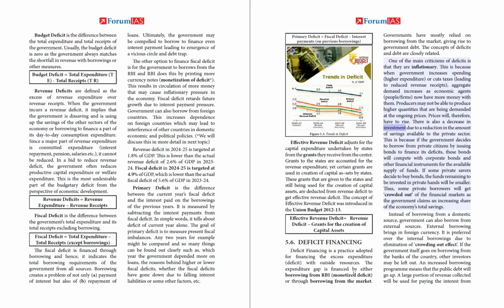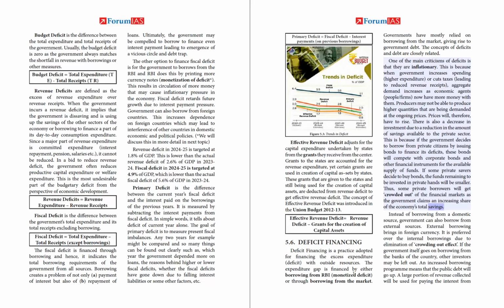There is also a decrease in investment due to a reduction in the amount of savings available to the private sector. This is because if the government decides to borrow from private citizens by issuing bonds to finance its deficits, these bonds will compete with corporate bonds and other financial instruments for the available supply of funds. If some private savers decide to buy bonds, the funds remaining to be invested in private hands will be smaller. Thus, some private borrowers will get crowded out of the financial markets as the government claims an increasing share of